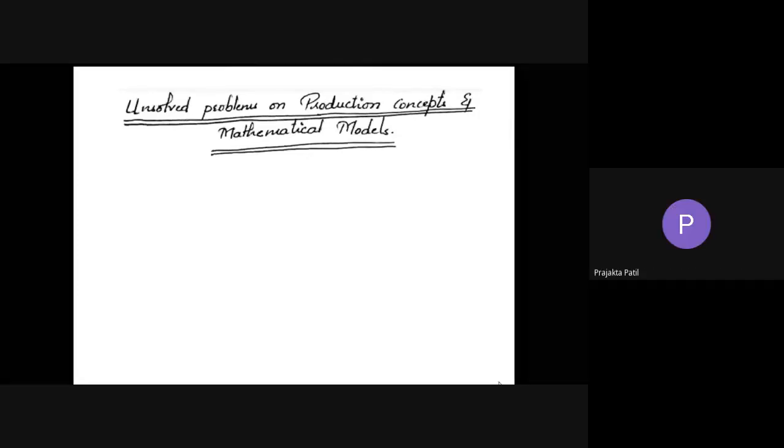Okay, so let's get started with the first problem. Again, I'm repeating, if anybody is not writing down, not solving, kindly do the needful, because these problems are important and you should know how to solve. They are not very difficult. You can solve them easily provided you know all the equations that are required to solve the problems. So this is the first problem.